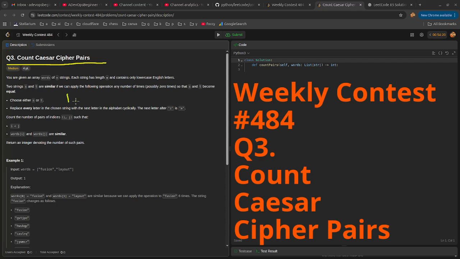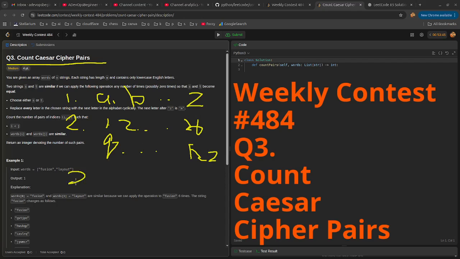First of all, since we only have lowercase characters, A, B, C, D, and so on to Z, we can assign each of these 26 letters a number. Either 1 to 26, or maybe 97 to 122, which is the ASCII code for these characters. It doesn't matter as long as there's a number. And here we can use the arithmetic